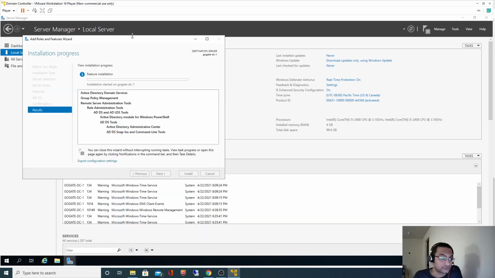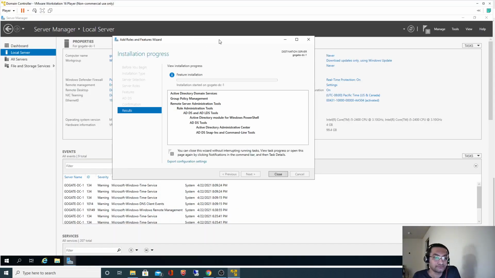All right, so let's go back. It will take a while. Installation is in progress. As you can see here, it is trying to install Active Directory Domain Services, which is what ADDS stands for. On the left-hand panel, as you can see, we do not have any option called ADDS.